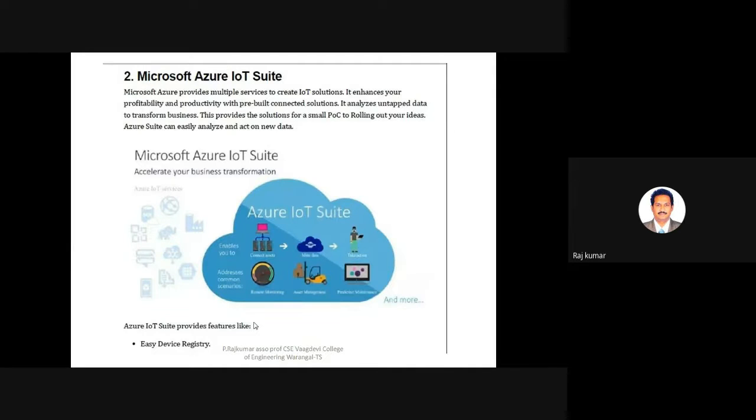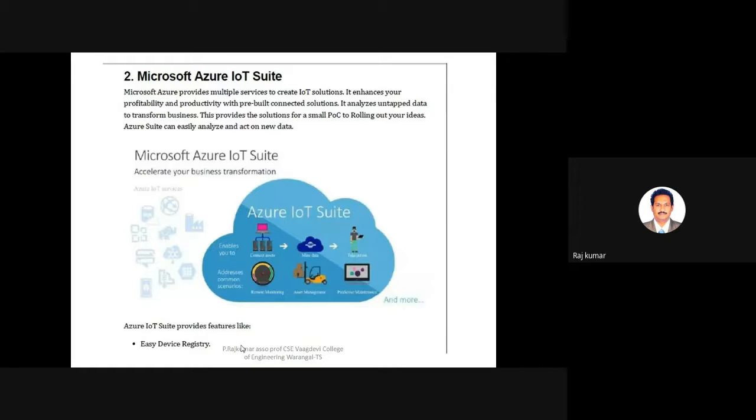In the same way, you will have all the graphical user interfaces, and anybody who is even a little proficient with IoT devices and cloud can easily connect to the Microsoft Azure IoT Suite. When going for free, we have a limited time, like a 30-day trial. You can connect to the cloud, and once the data is uploaded, you can visualize your data in any format and also perform analytics.